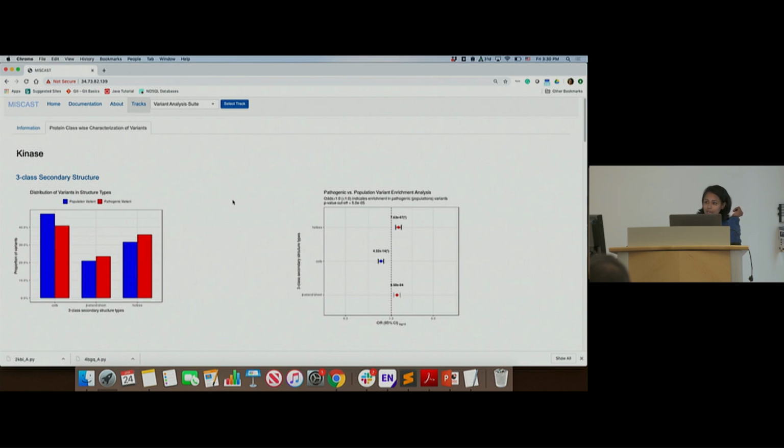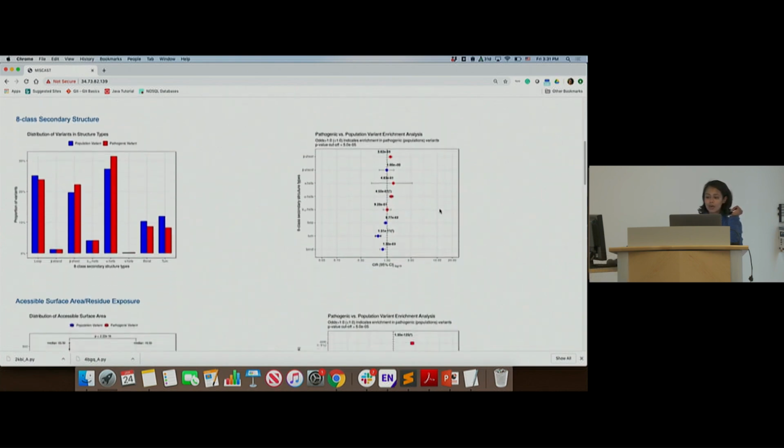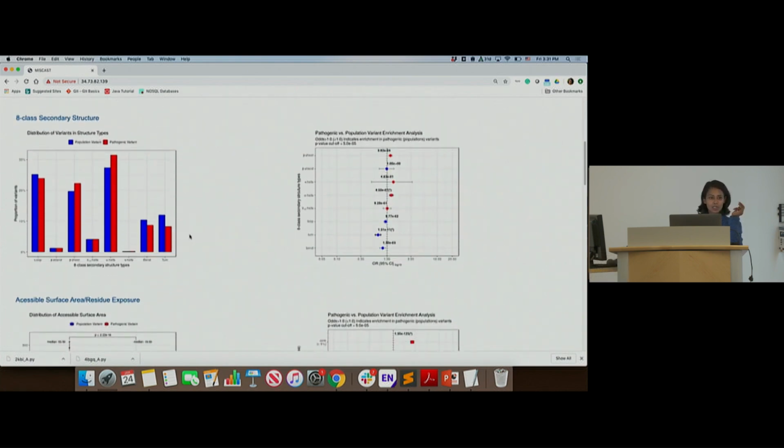All right, so mine one came. So now you can see for each individual feature, the distribution of the feature in pathogenic and population variants, and also the Fisher's exact test output. The same output that I showed you, but only for 3-class secondary structure in the first row. And then you can see the similar output for 8-class secondary structure,